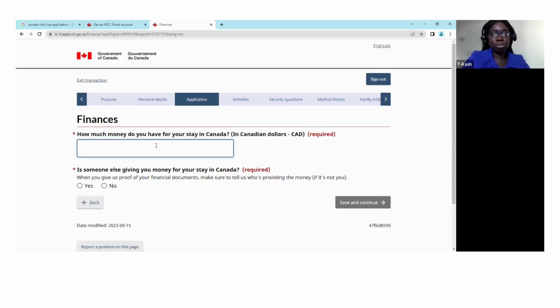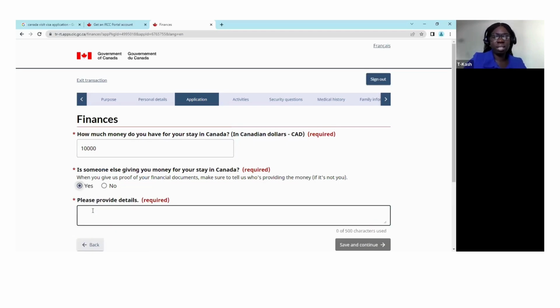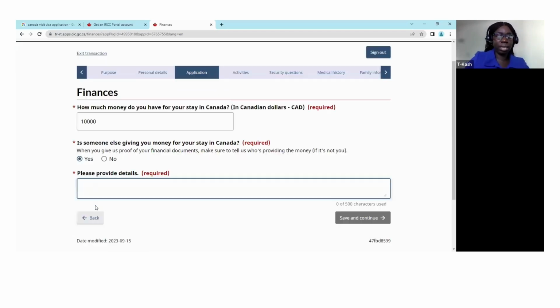So in this case, for the sake of this demonstration, let me say you have $10,000 to support yourself with. Then if someone is giving you money to stay in Canada, in my own personal application, this is where I say yes. I'm just using this to demonstrate. I can just say yes. My sister is supporting me with $5,000 to cover my accommodation,